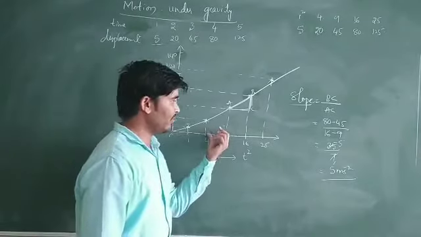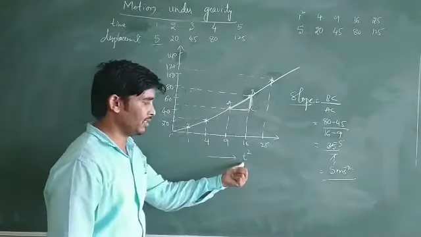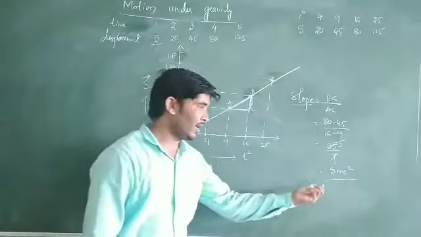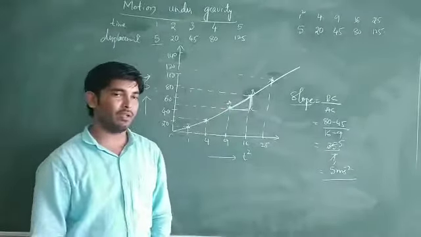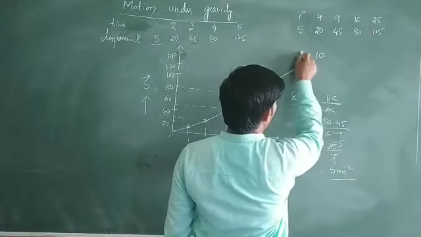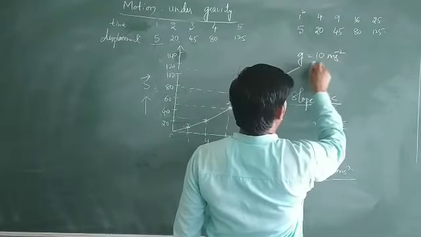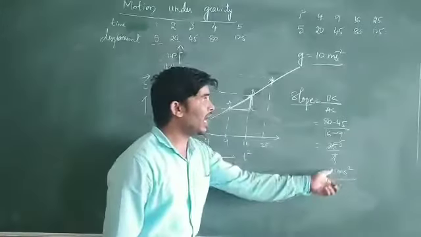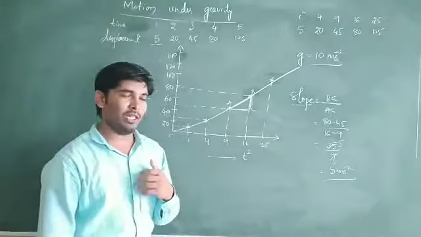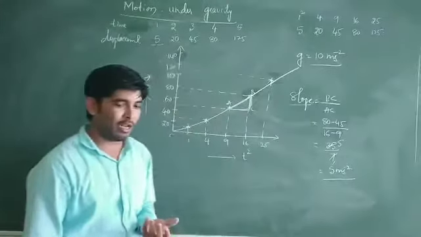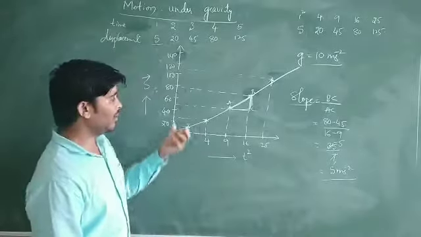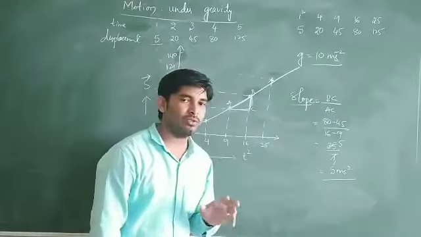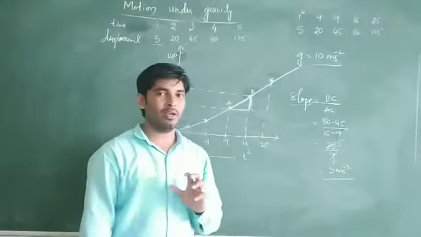So when you calculated the slope from this displacement versus time square graph, you got the slope as 5 meter per second square, which is exactly half of the acceleration due to gravity. What is the value of acceleration due to gravity? The value of g is nearly 10 meter per second square. But the slope we got here is 5, which is half of the acceleration due to gravity. So the value of acceleration due to gravity can be obtained by doubling the slope of the displacement versus time square graph. So this is all about the acceleration time graph.